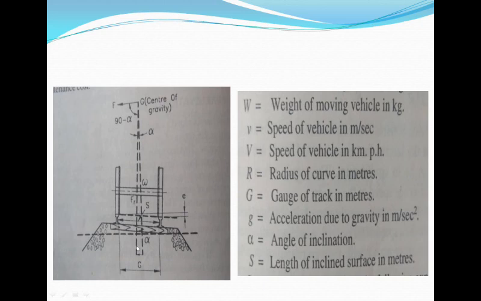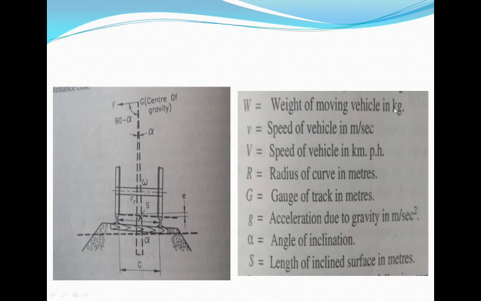This is when the rails are normal. This is when the angle of inclination is considered. So in order to study this, I have considered this diagram, and I have considered the normal track and the inclined track. When I have considered the inclined track, I have considered the angle alpha, where